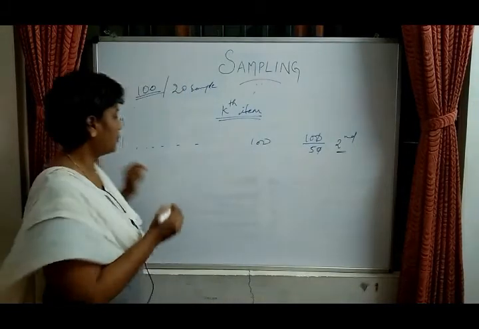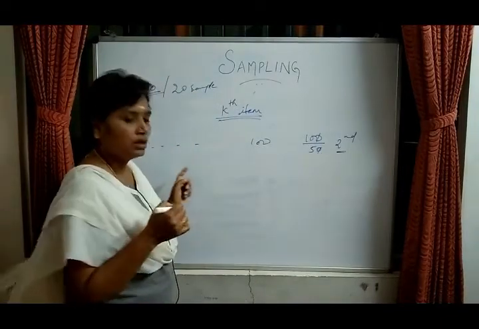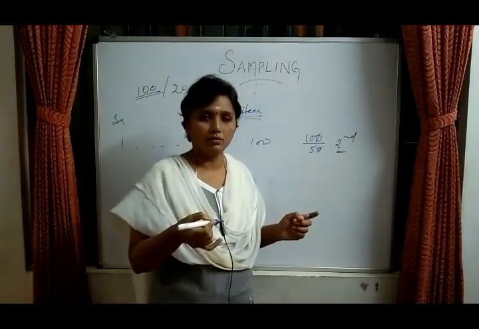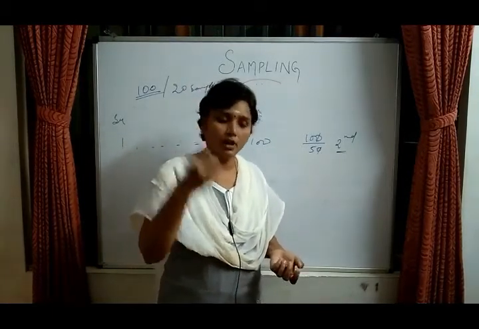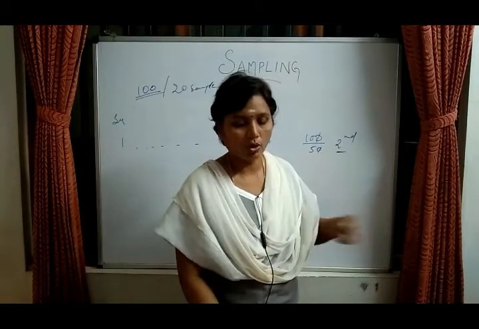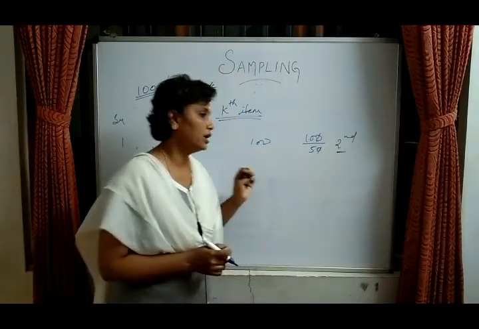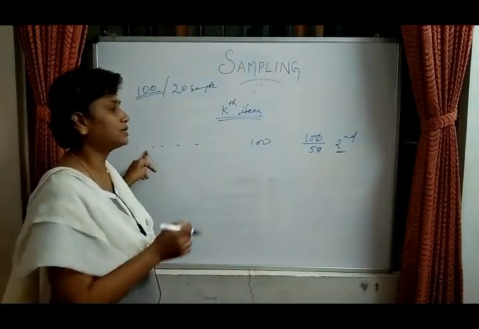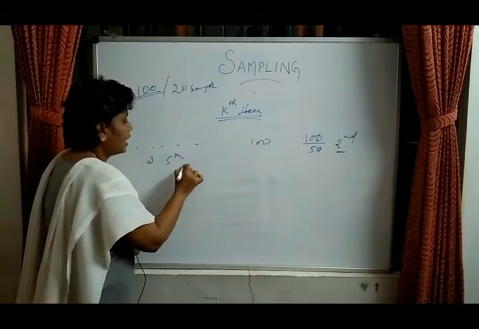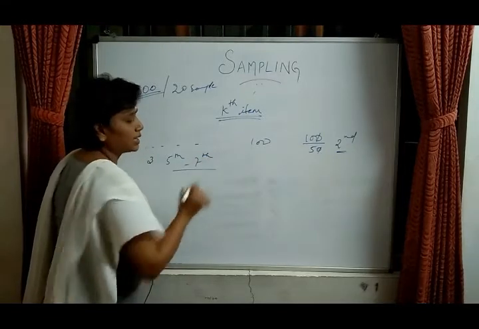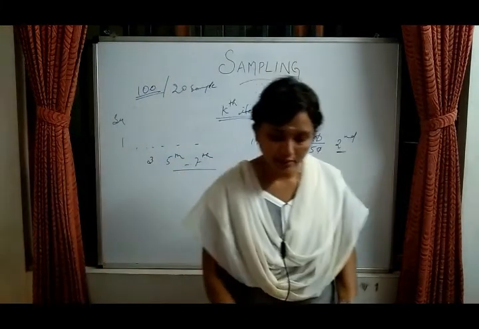See for example, the first sample we have to determine by the lottery method. First one we will be picking up with the lottery number, and we will be selecting the kth person. If you are selecting the third number first, then the fifth and the seventh, like that we will be selecting the members. So that is the systematic sampling.